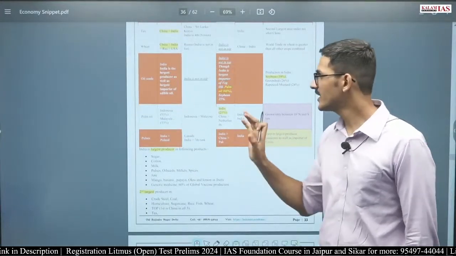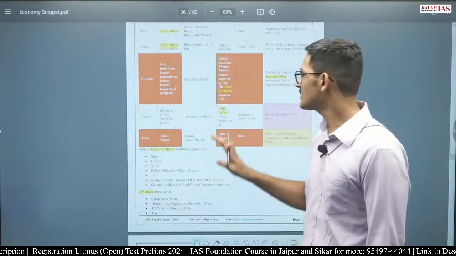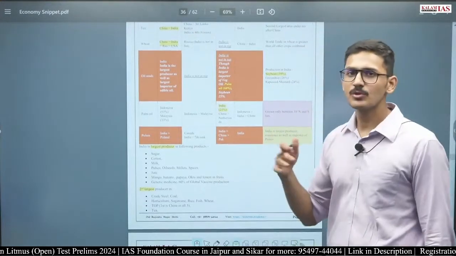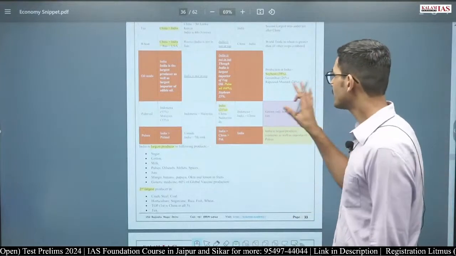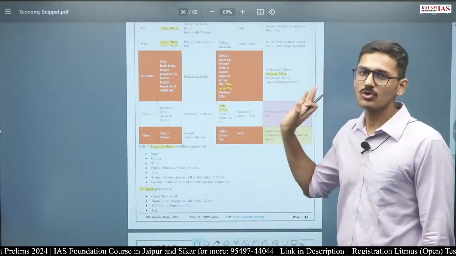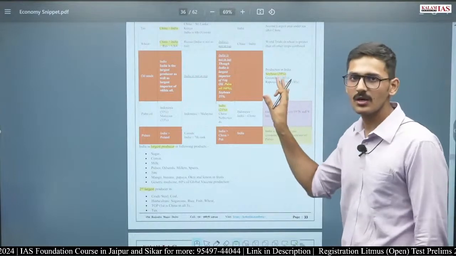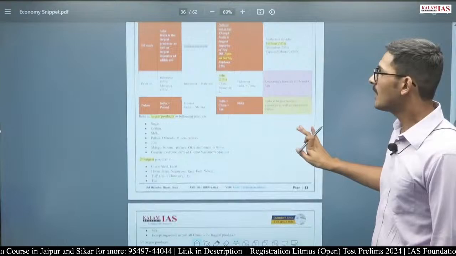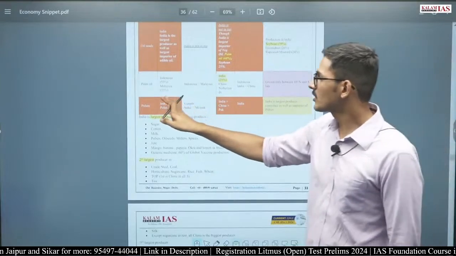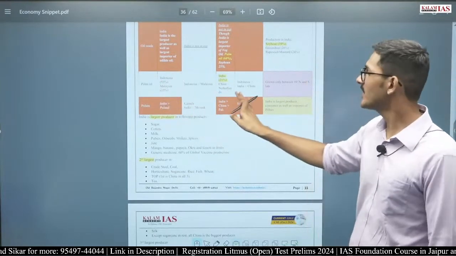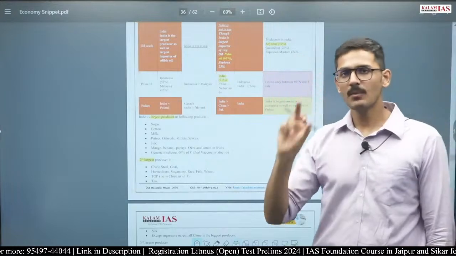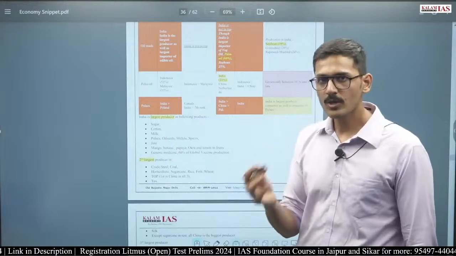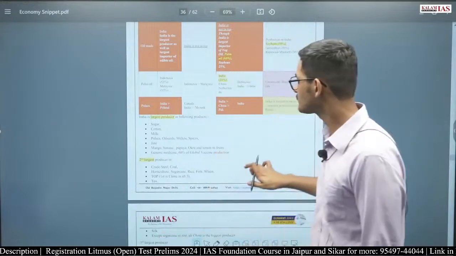In oil seeds, India is the largest producer as well as the largest importer of edible oil. In this import, 60% is palm oil only, and if palm oil is not counted in our production, the largest oil seed produced in India is soybean. In palm oil, India is nowhere close in production, but India is the largest importer in the world. Any other oil also, India is the largest importer. Oil seeds, India is the largest producer.